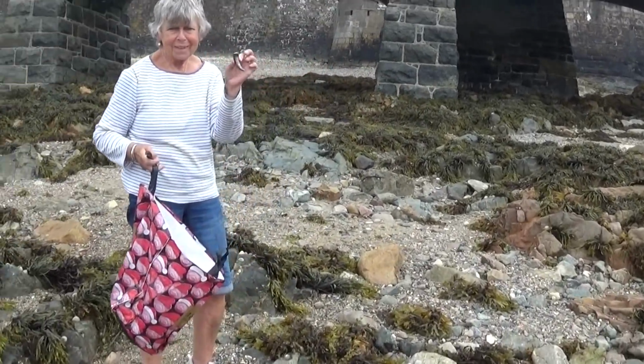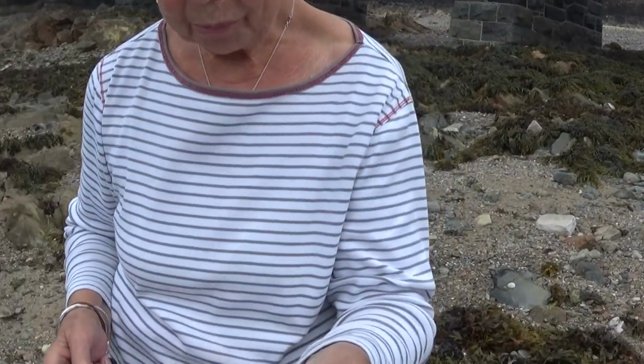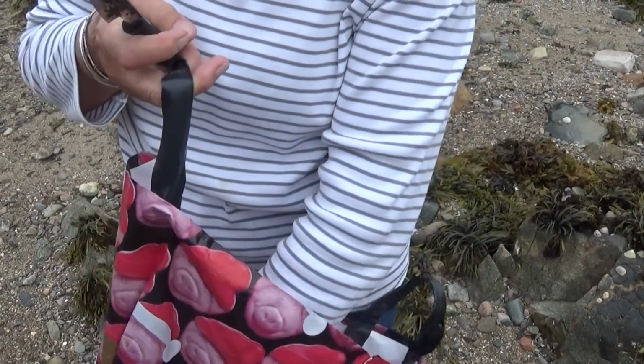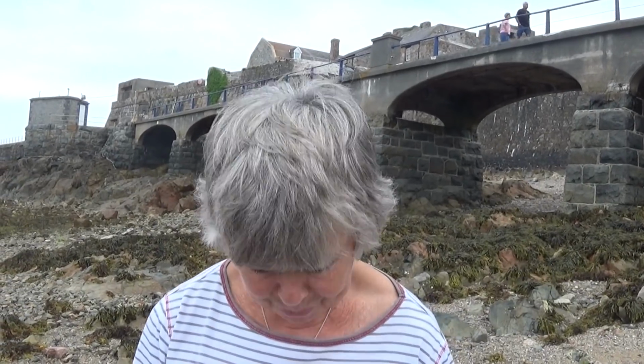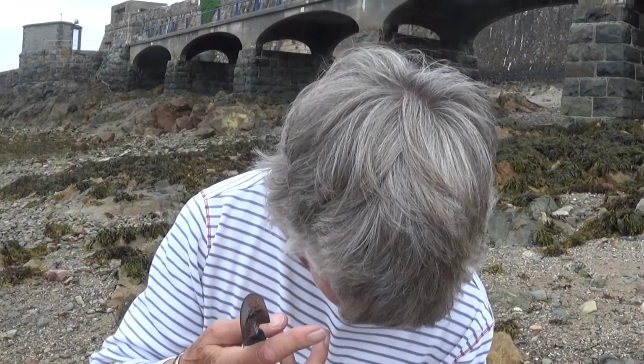Let's have a look. Are they not lobster claws? I'm not quite sure what they are, but I think they're very old. I don't think they're prehistoric. Anyway, I found those, but I also found two pieces of pipe stem. Yes, and excellent. My latest find a few minutes ago was...